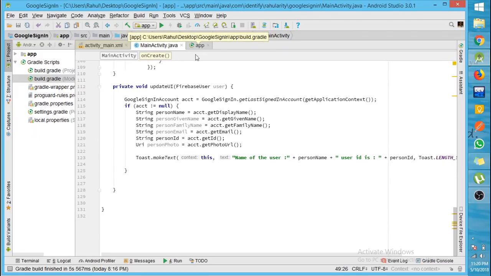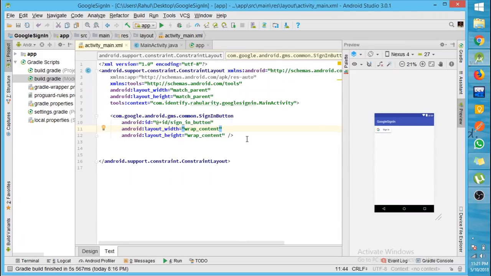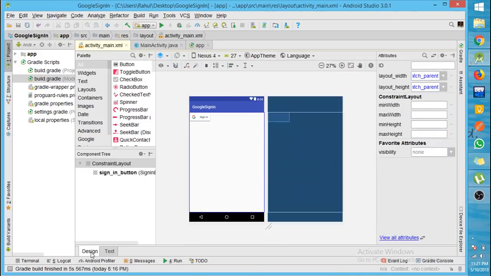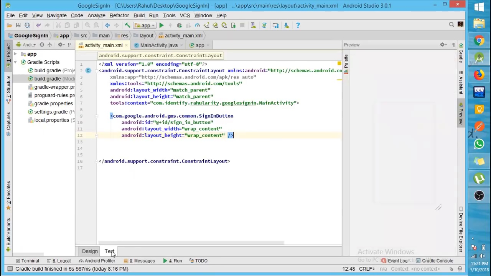Okay, next thing to do is sign out. I will tell you how to implement sign out from your app, but first of all, let me make over